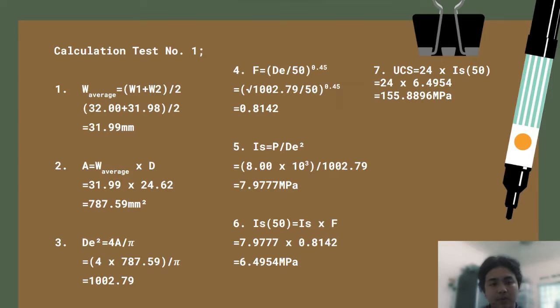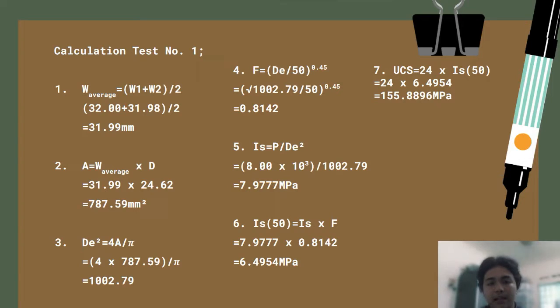For number 1, we calculate the W average with the formula W1 plus W2 divided by 2. We get 31.99 millimeters, and then we calculate the cross-section area, W average multiplied by diameter. We get 787.59 millimeter squared, and then we calculate DE squared equal to 4A divided by pi. We get